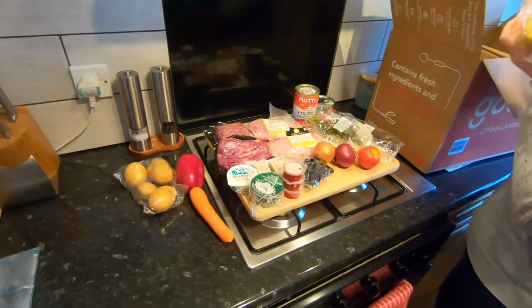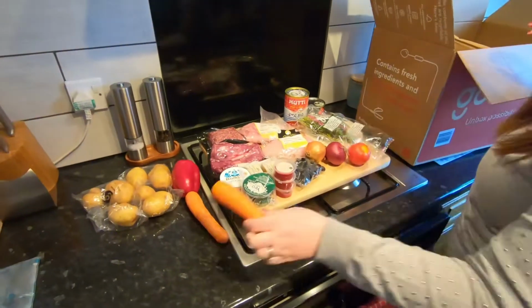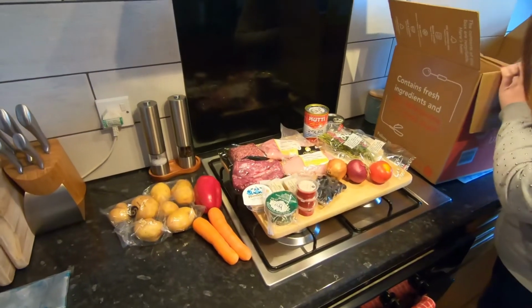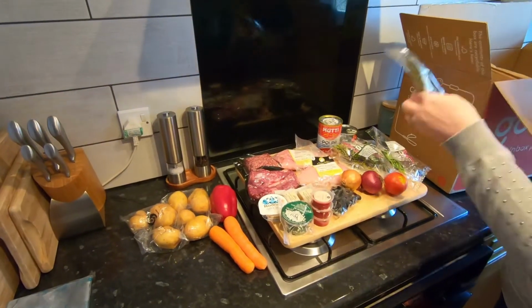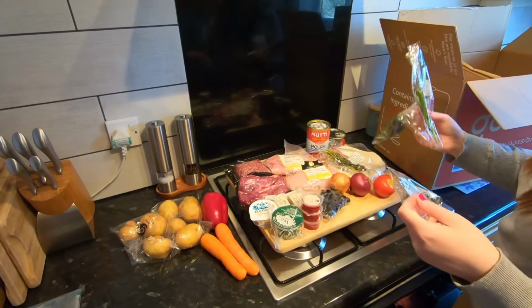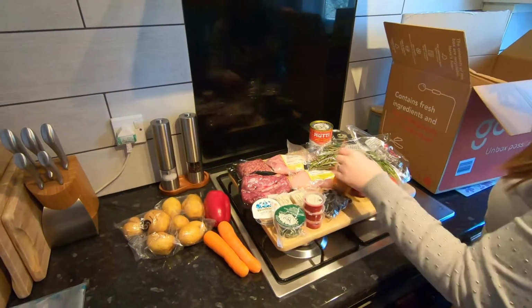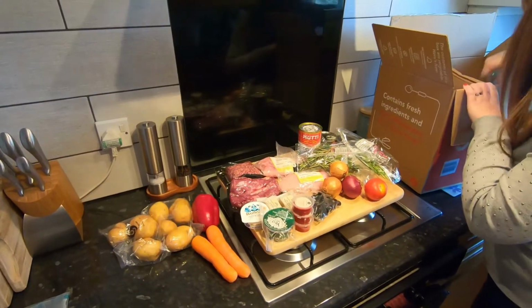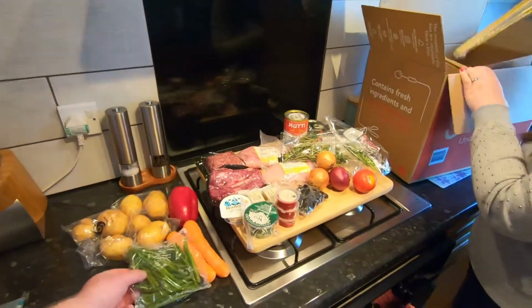Two lots of potatoes, for the chicken thing and the steak. Again, lots more herbs. Look at it all. So you've got more rosemary, basil, onion, kind of beans, spaghetti,